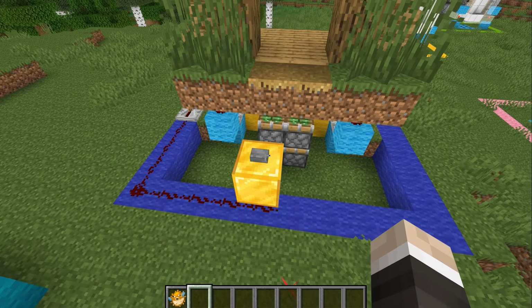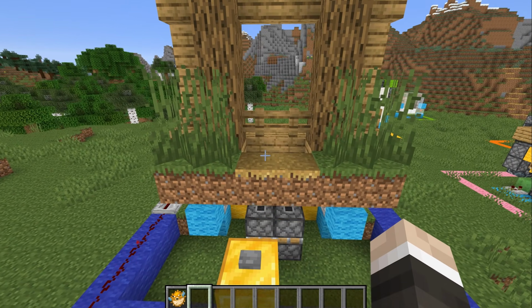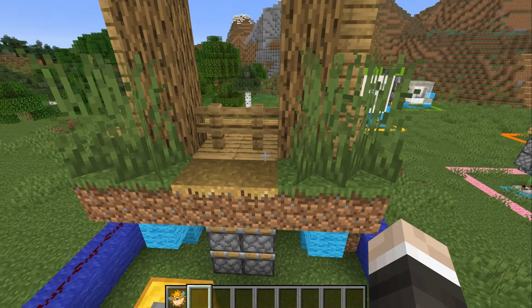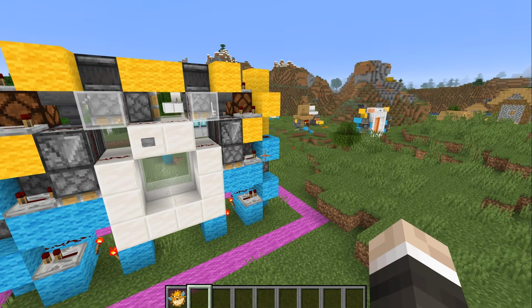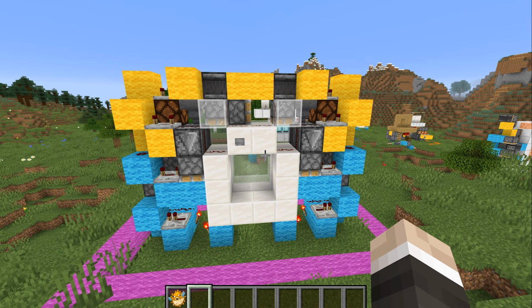Everything looks very nice, and then when we hit the button once again, the fences pop back up, and then this wood is pushed back across. 2x2 seamless glass piston door. Those words bring a tear to the eye, because this is the first door that I ever made in Minecraft